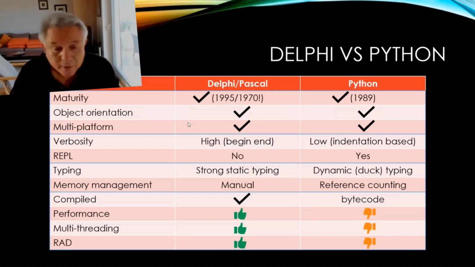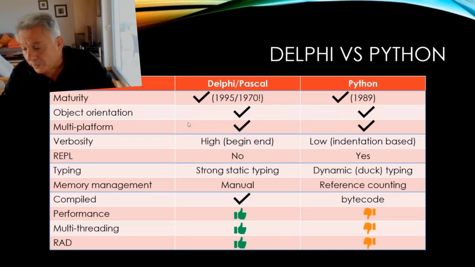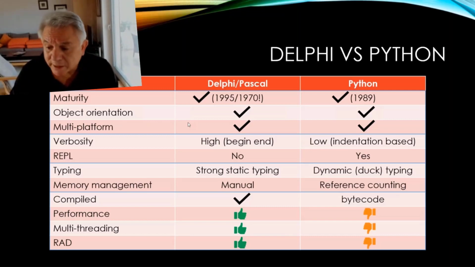Some other differences, of course: Delphi is compiled to binary code, to machine code. Python is bytecode compiled. That has implications for performance. So as we're going to see, Delphi is much faster than Python. Another limitation of Python is in relation to multi-threading. That's a limitation of many of these dynamic languages, including JavaScript, for example, and R. In Python, it's kind of hard to make use of the multiple CPUs available in today's hardware. And finally, RAD. Obviously, the strength of Delphi lies in rapid application development and GUI development, and Python is